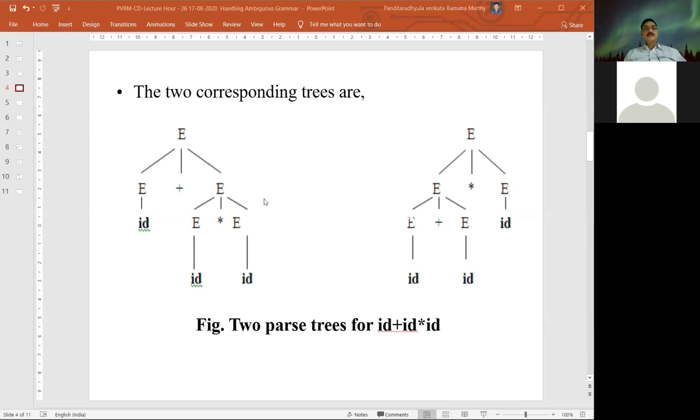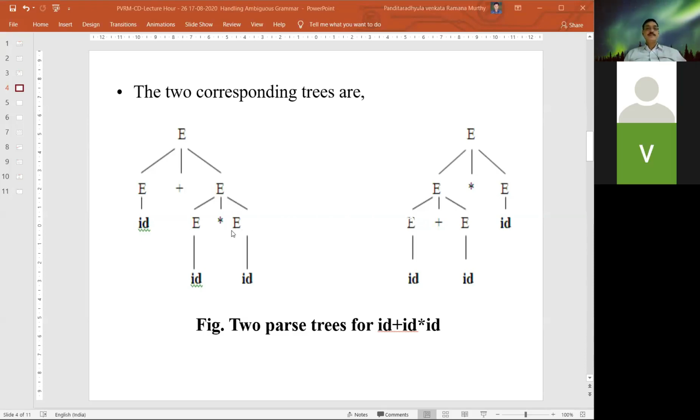So if you are representing this operation, we must perform this multiplication operation first. Then we add this result to the leaf level operation, that plus operation. For this plus operation, first of all we need to finish this multiplication operation, and using its result we add it to this E. That is the indication. So it automatically forces us to do this multiplication.